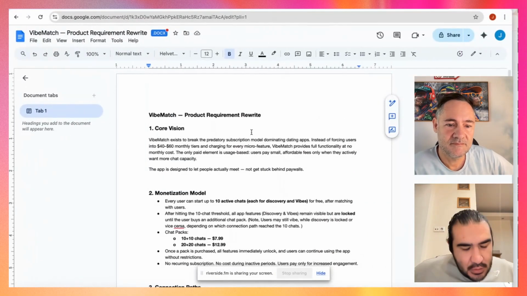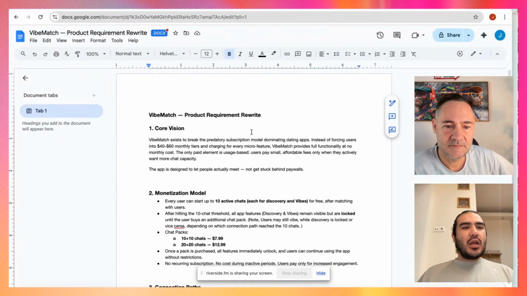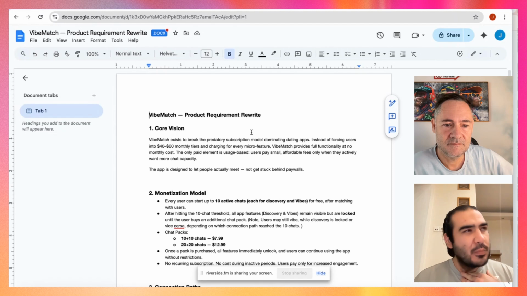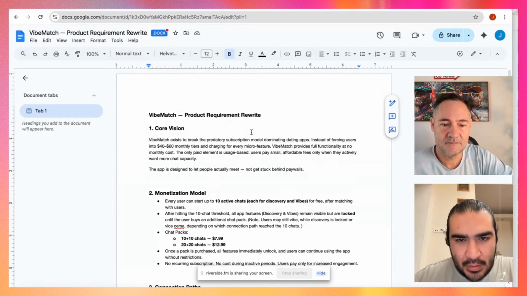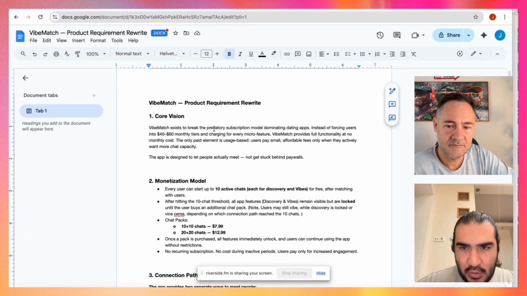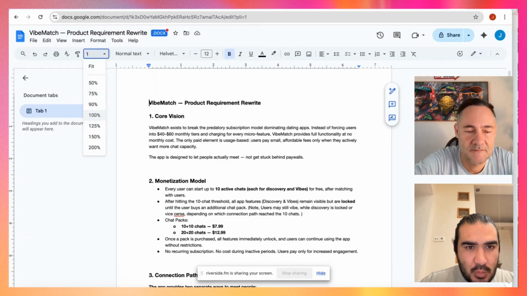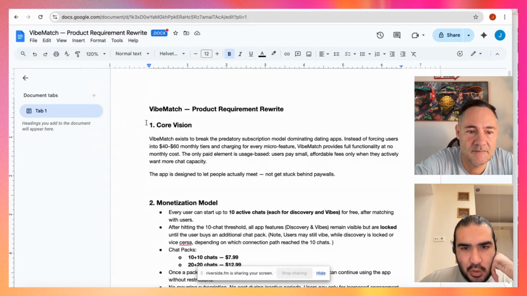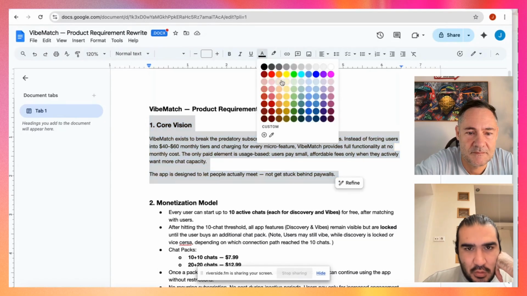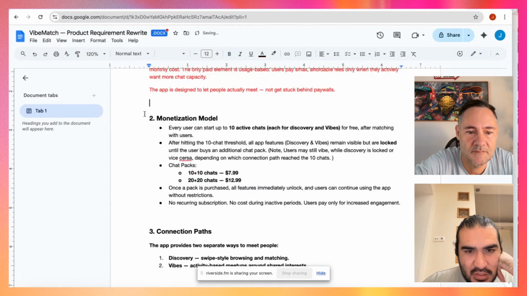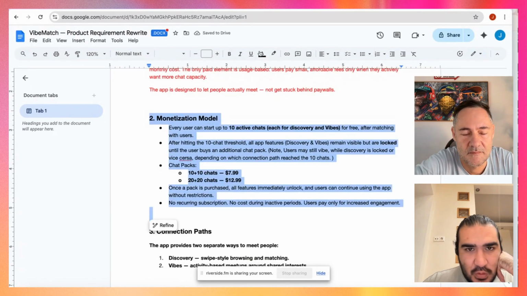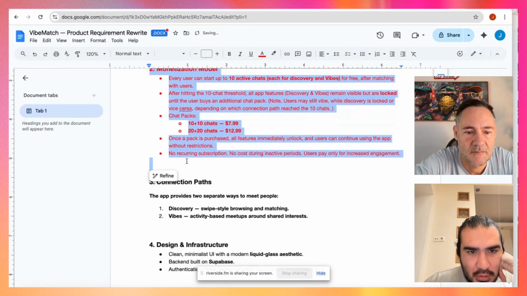What's really nice is that Christian prepared the product requirement plan. So we can go through it together to see how we should approach this. Let me make it a bit bigger. I think this part is not needed for us, so let's color this red. Monetization is not needed yet for us as well, so let's color that red.